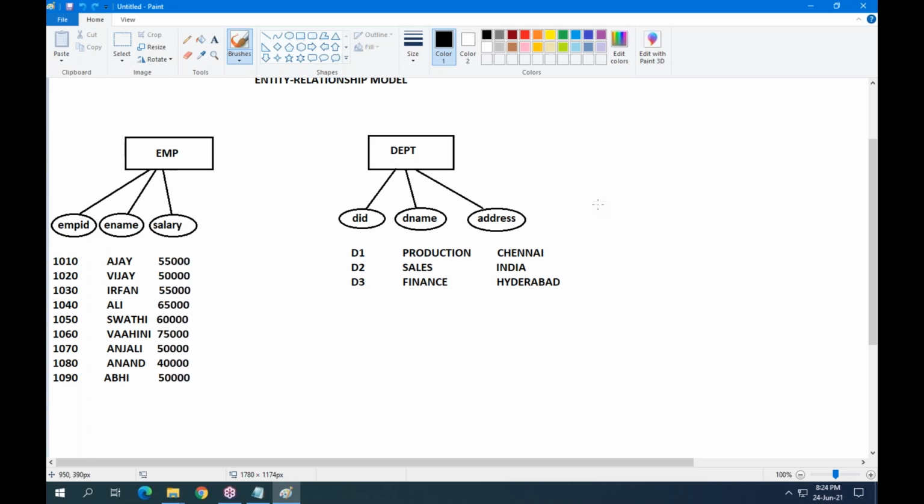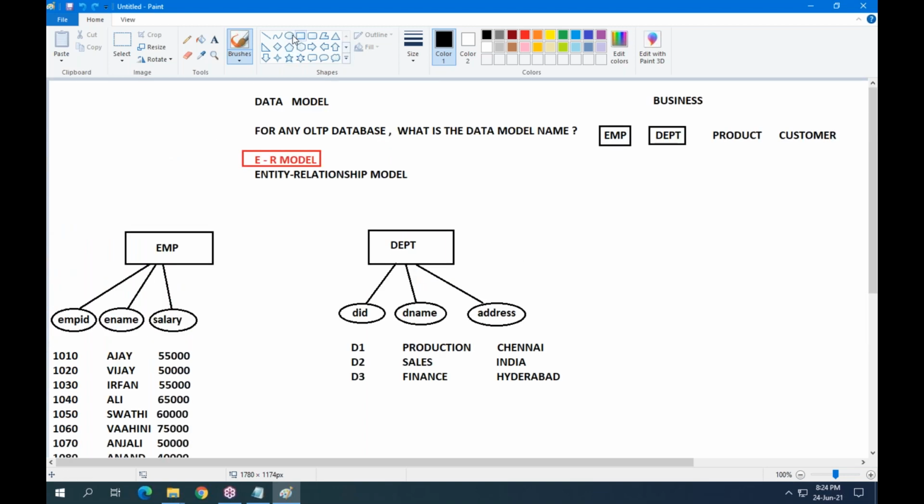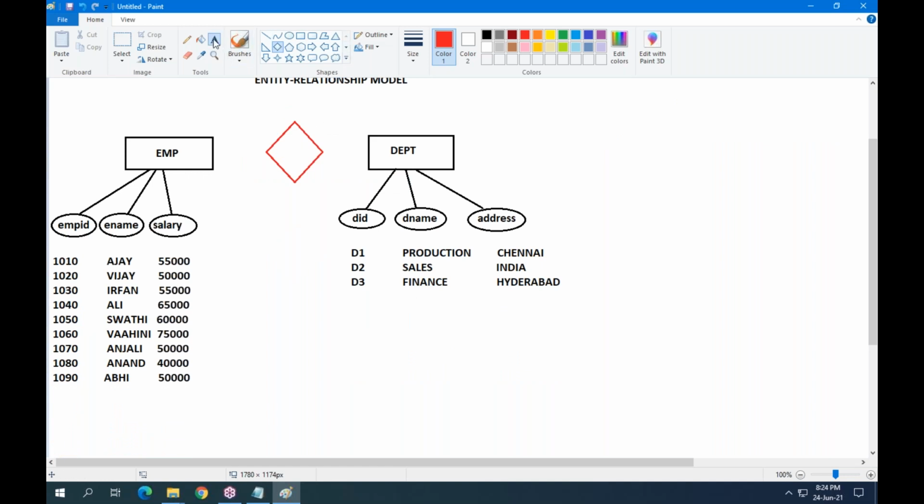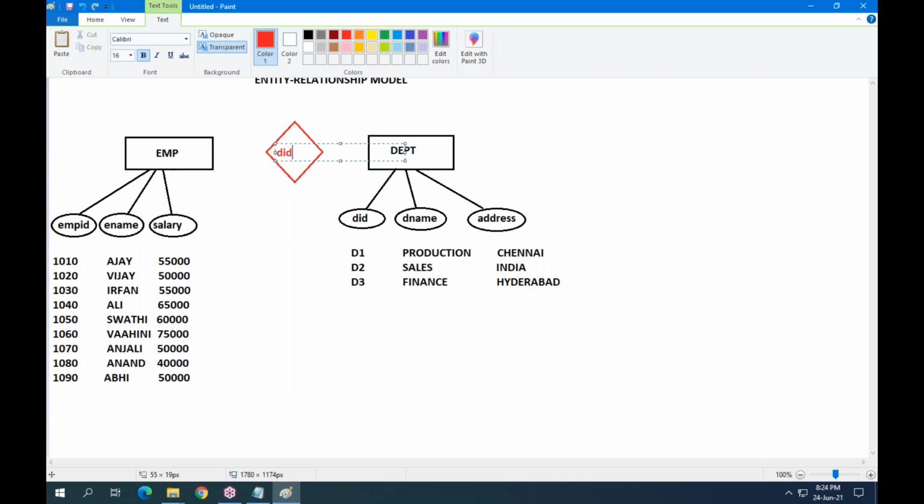Relation is represented with a rhombus. Okay. So the relation is defined with which value? Department ID.